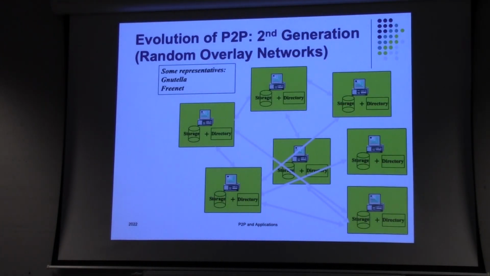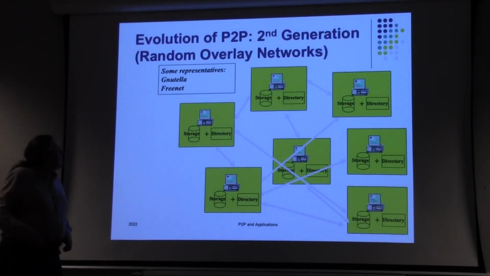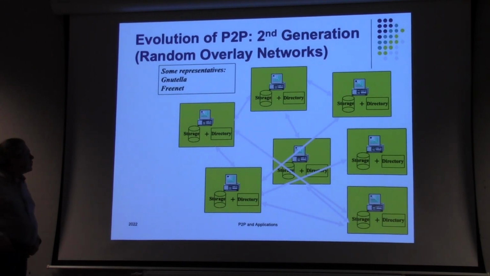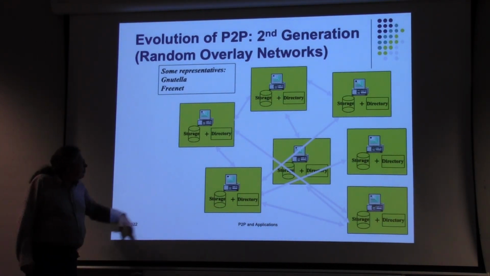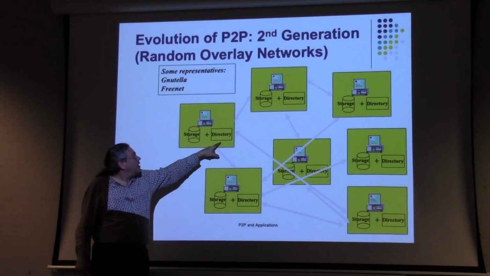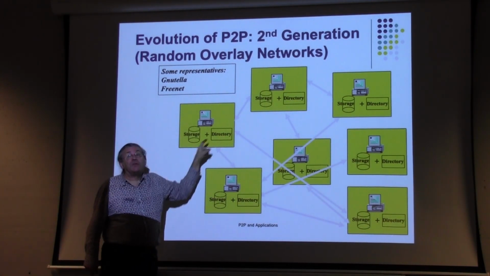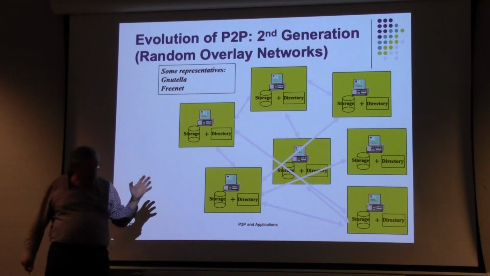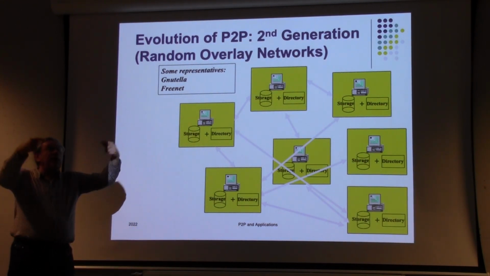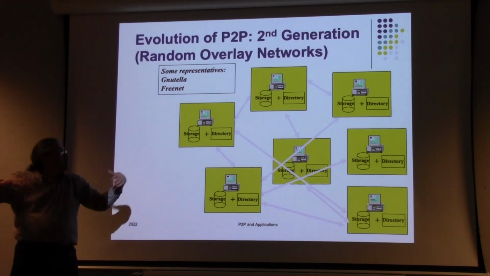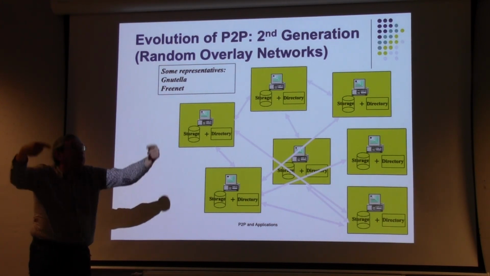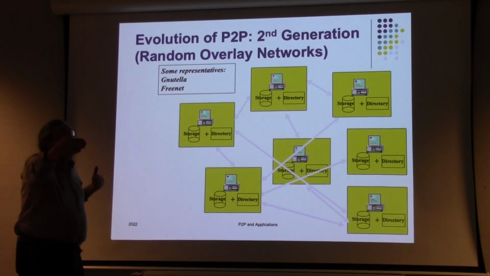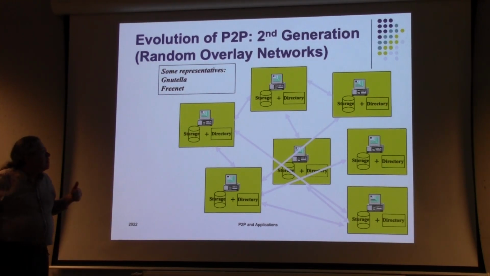But then the second generation came. Here you have random overlay networks, no central directory. In fact, every node has both storage and directory, but it only knows some of the system. Nobody knows everything. So if I want to search for a file, I have to do a lookup, and it will do flooding. It will go into the network, it will follow the neighbors for a certain distance, but not everything. It's too far. Maybe 100,000 nodes,